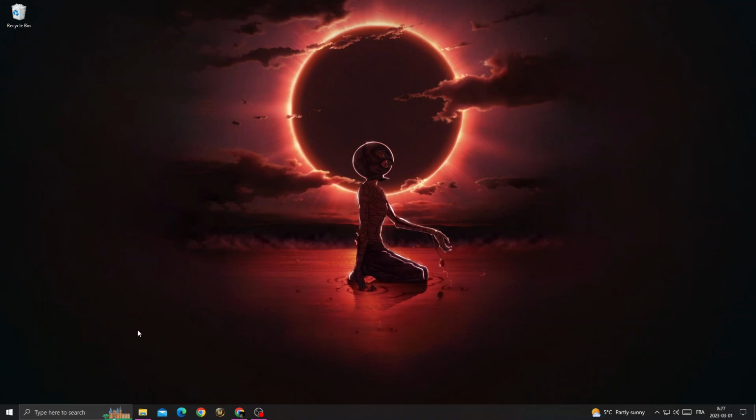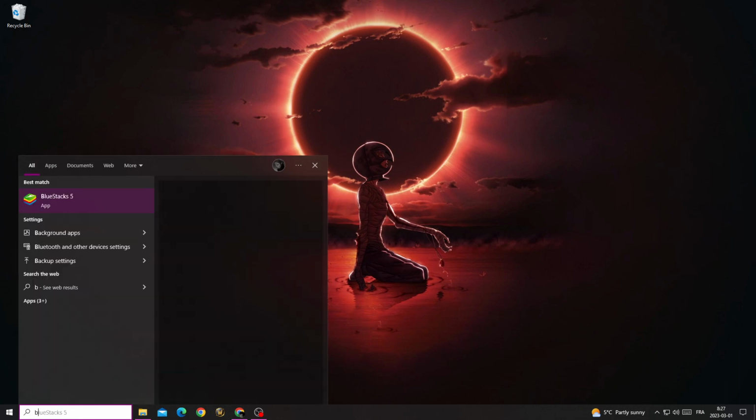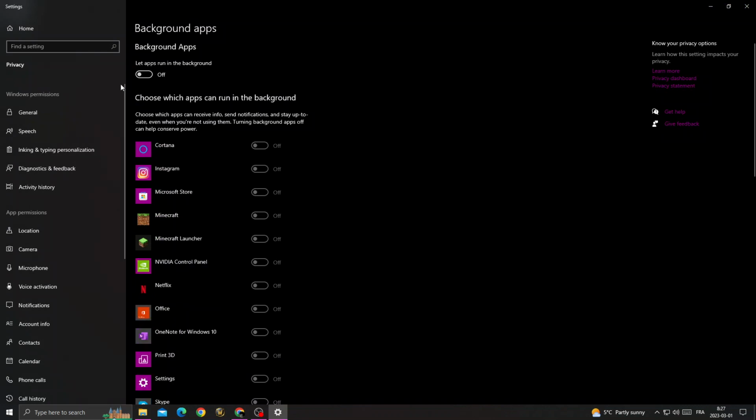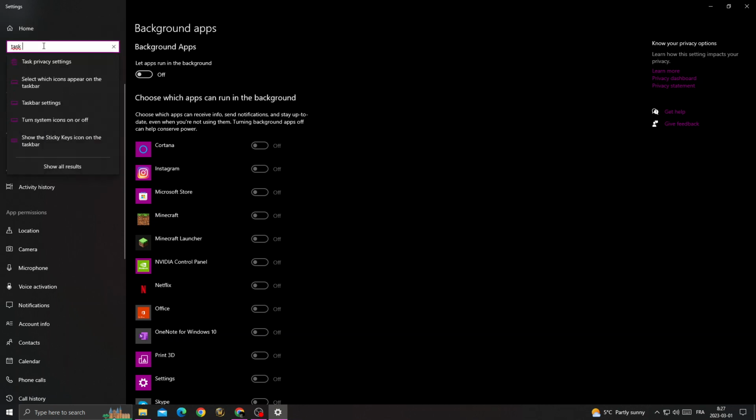If you want to fix this problem, all you need to do is type here background apps and click on it, and now turn off the first option here, turn it off, and after that type here task manager,